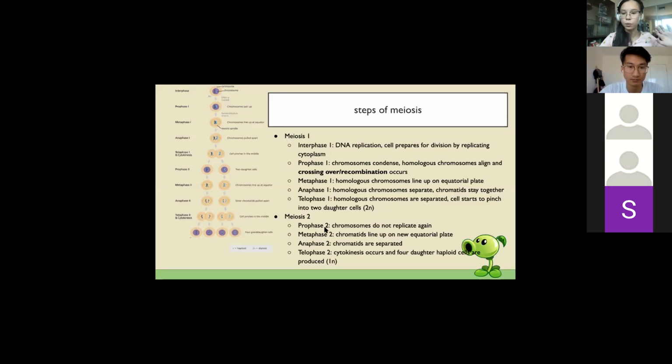In prophase 2, nothing really happens. In metaphase and anaphase 2, the chromatids are broken, and so the sister chromatids are separated. So that results in one copy or one chromatid in each daughter cell. And that's important because you want each daughter cell to have one copy of the genetic material. So rather than being 2N, like normal somatic cells, you're going to have 1N, so one copy of each chromosome.